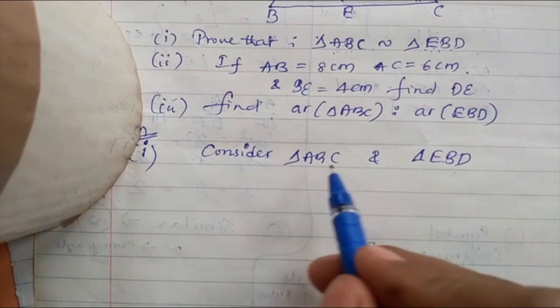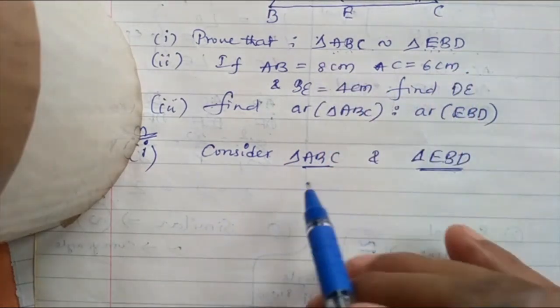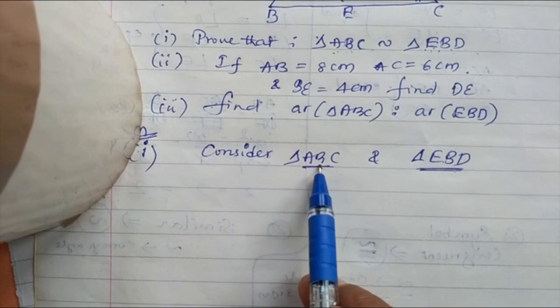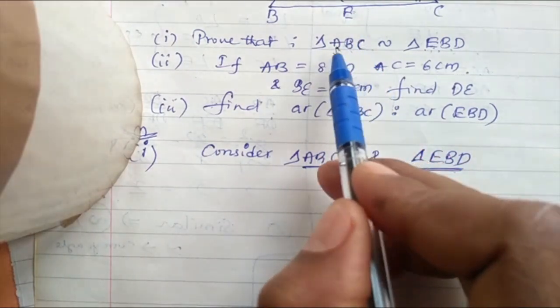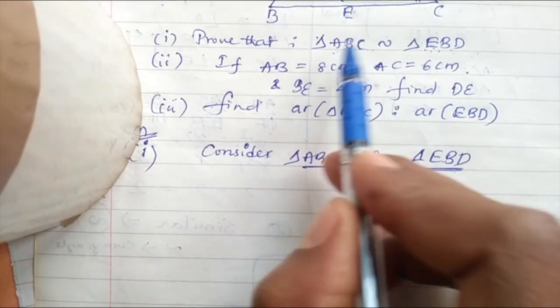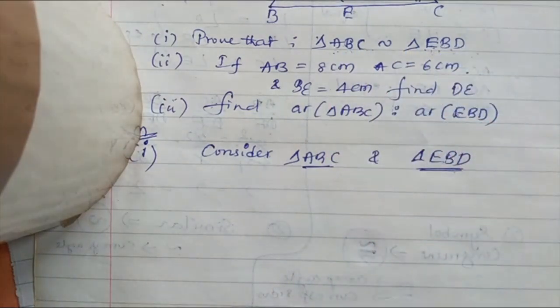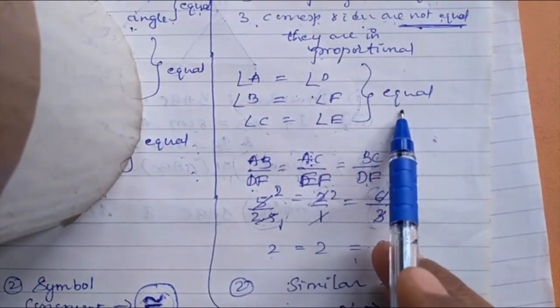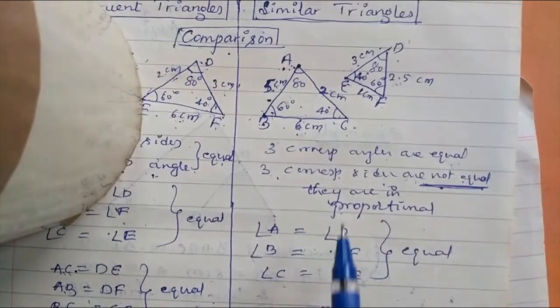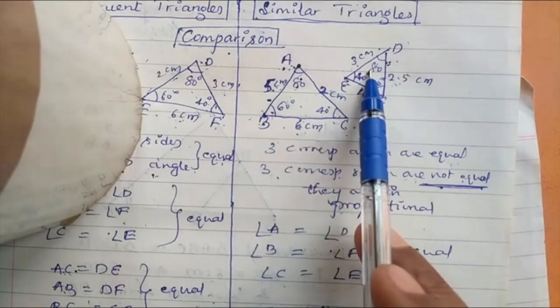Consider triangle ABC. Look here, when we write the two triangles, in the way they are given in the question, write the same way. Here ABC is given, here also write ABC. Don't write BAC, because they have used the letters in order. When they write A here and E first there, it means angle A equals angle E. You know that similarity of triangles means all three angles are equal and all three sides are in proportion. Here angle A is 80 degrees, here angle D is 80 degrees. So these two are corresponding angles.